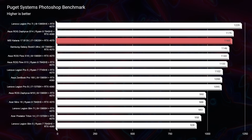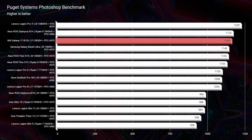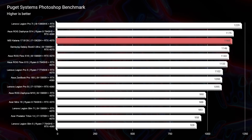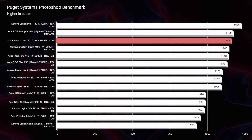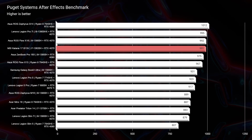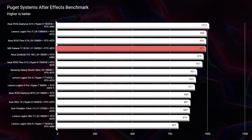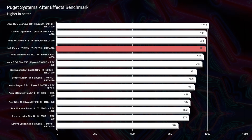In Photoshop, we're scoring a 1,165, a fantastic score inside of Photoshop, and that's a great complement of the i7 processor with the 32 gigs of RAM. This is just the sweet spot for performance inside of Photoshop. Photoshop loves RAM. Take a look at After Effects, same thing. We have a 991. We're benefiting from 32 gigs of RAM and the RTX 4070 for this program. So great performance